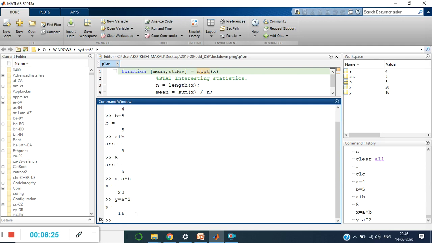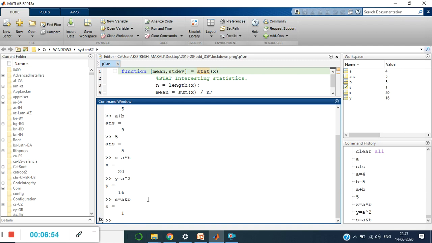Now I'll go with a few logical operations, and how they are performed. Let me say S is equal to a logical AND operation between a and b. The output must be either 1 or 0. Let us say enter. It is 1 because a is equal to 4 and b is equal to 5, and 4 ANDed with 5 gives 1.